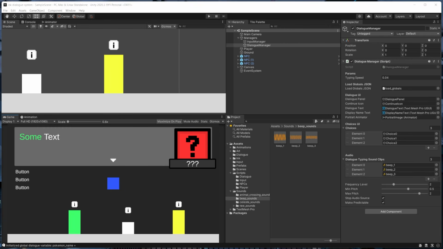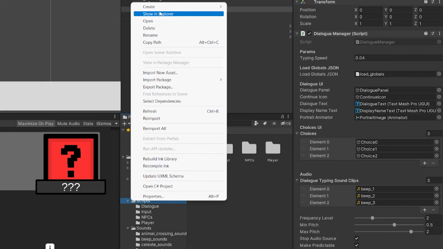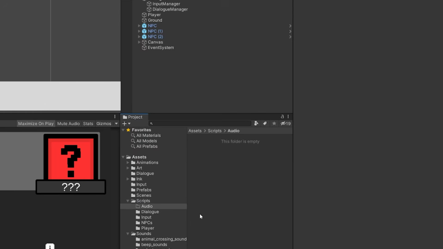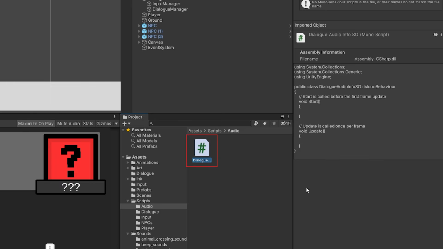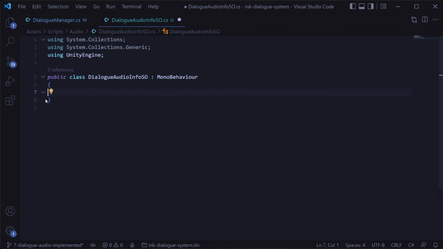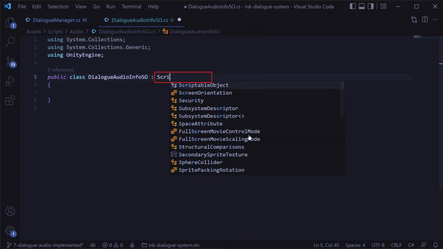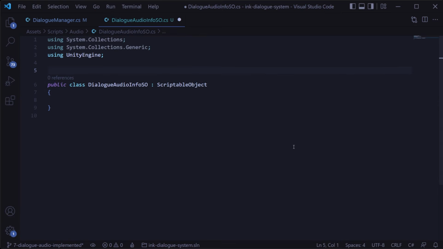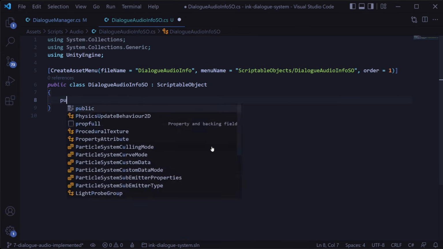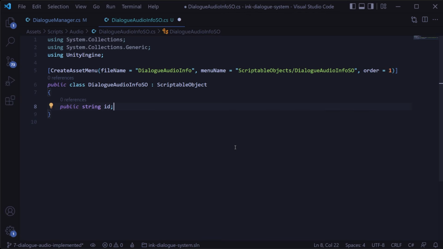So first, let's set up the system to use a scriptable object for the audio configuration. In the project, we'll just create a new folder under scripts called audio, and then in there we'll create a new C# script called DialogAudioInfoSO, and then double click it to open it up. We can remove these placeholder methods as well as make it extend from ScriptableObject instead of MonoBehaviour, and right above that we'll add the line CreateAssetMenu, giving it a default file name called DialogAudioInfo, adding it to the menu as ScriptableObjects/DialogAudioInfoSO, and we'll just give it an order of 1. Then we'll give it a public string ID, which is how we're going to identify the asset,